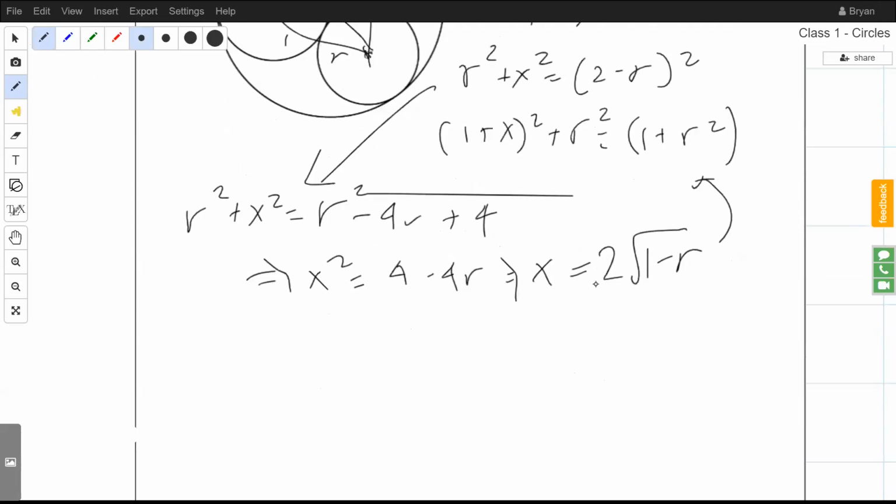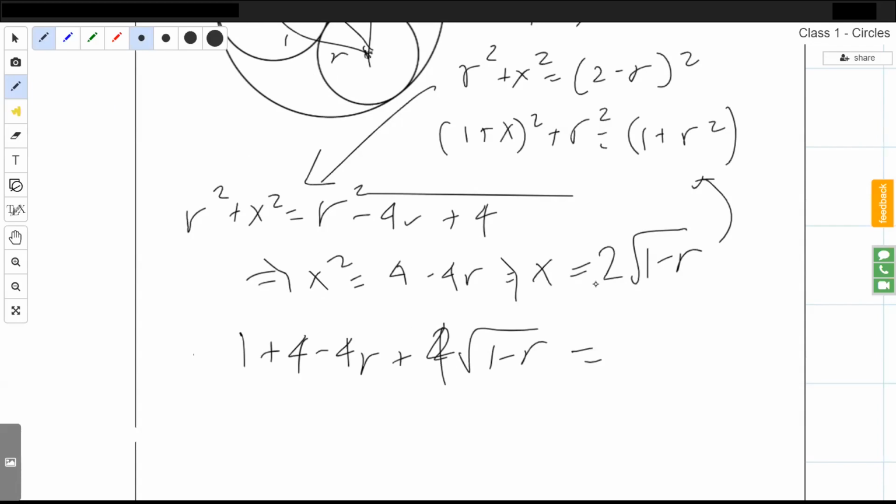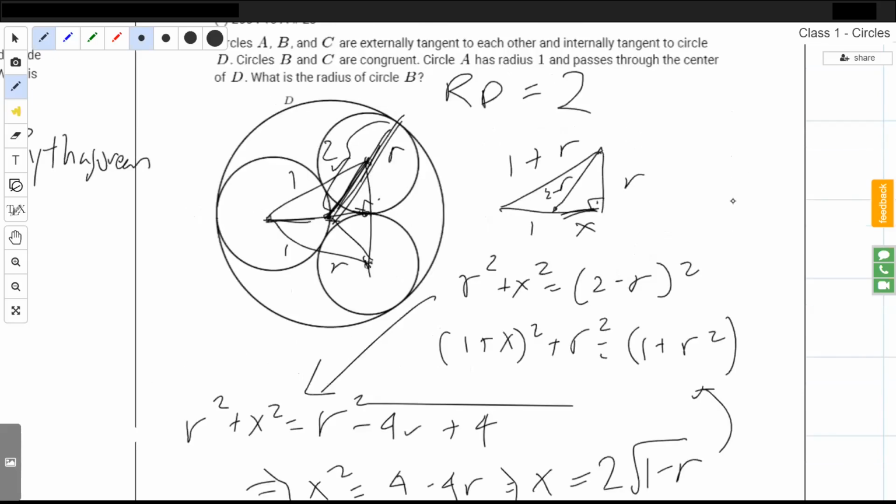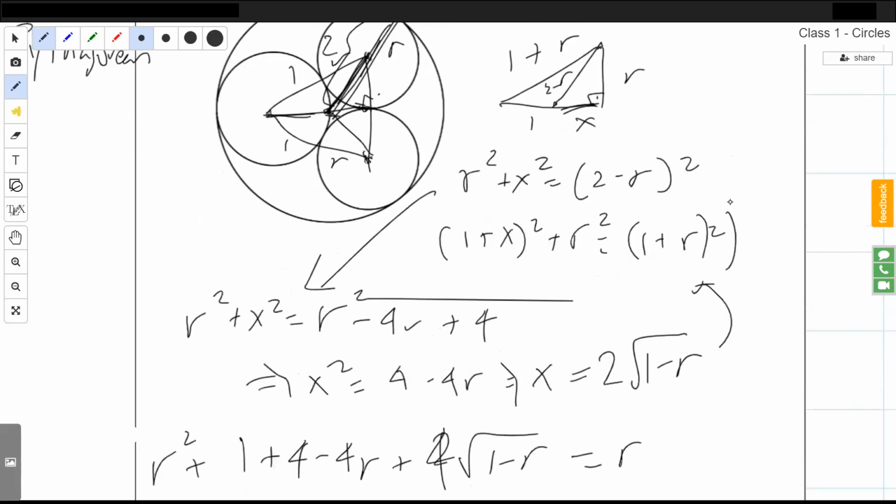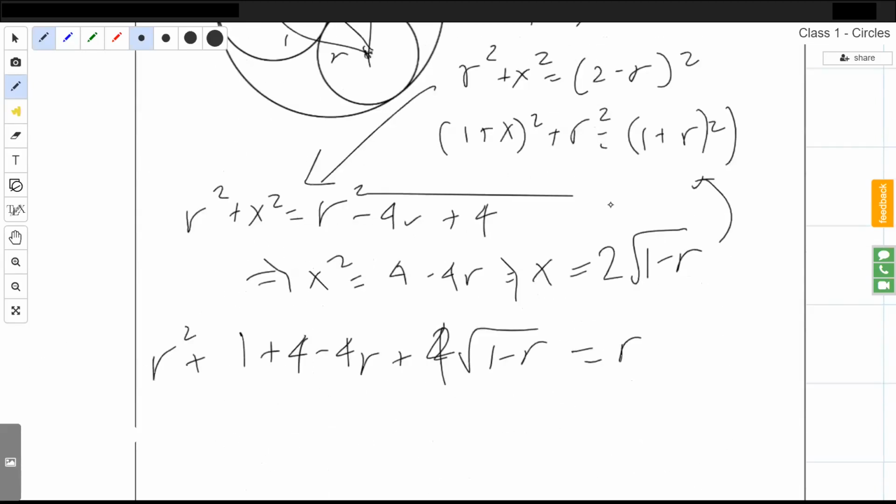And after a bit of algebra, you have that 1 plus 4 minus 4R plus 4 square root of 1 minus R plus R squared is equal to 1 plus R squared. I'm all over the place right now. And I wrote that in the wrong way too. It's R squared plus 2R plus 1. Then after some simplification,